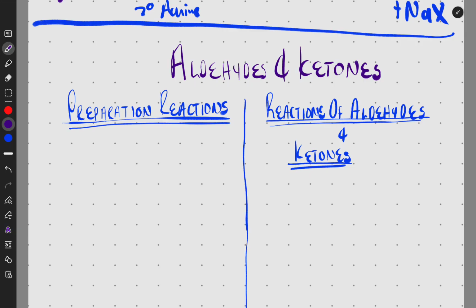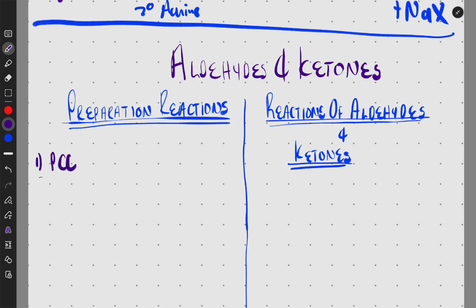You know, we can't oxidize ketone to anything actually, but aldehydes we can oxidize to a carboxylic acid, and then we'll do the reductions of both of them back to alcohols, okay? It's just oxidation and reduction. Basically, these are the reactions of these guys. So what are the preparation reactions? It's oxidations, okay? Let's start with the first one, which is